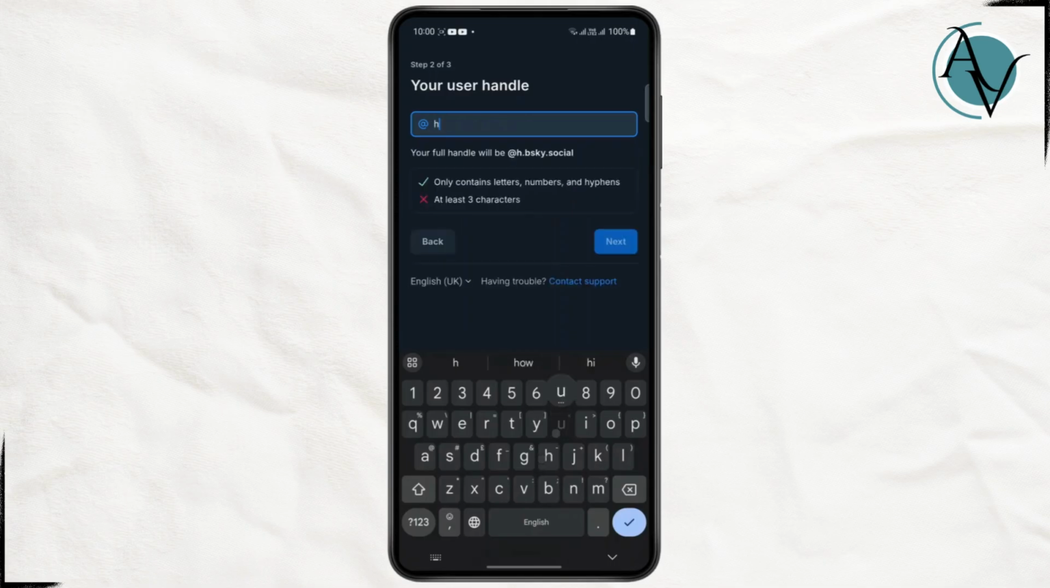Now here you will have to enter your user handle, and then once you do that, you can just hit enter. So once you enter your username, it will check if that is available, and your full handle will be the username that you've entered .bsky.social. Tap on next,